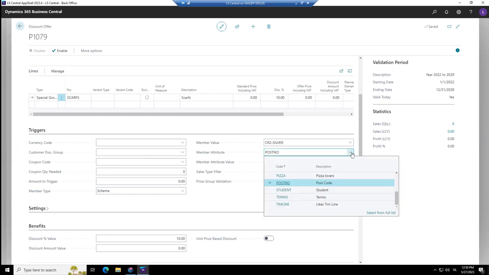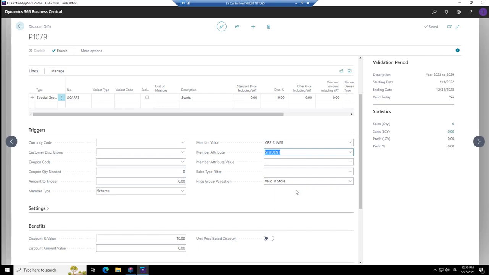There are even more attributes that you can create, like student. So maybe these are data. The attributes are data you create as you like. So maybe you have decided that every student, university student or something like that, will have a discount. And then you have created an attribute and marked them. Are they student, yes or no, depending on when they have showed you the student card.